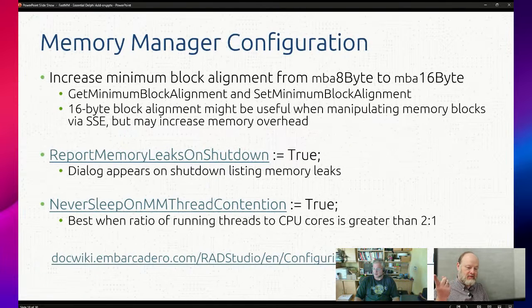Like I said, frequently I'll put in a compiler directive that if I'm debugging, then I turn on the report memory leaks on shutdown in my DPR file. Really useful to do that. Or you can say if I'm attached to the debugger, the other thing you could do as well. When you're debugging, it's really, really useful to get that report of memory leaks.